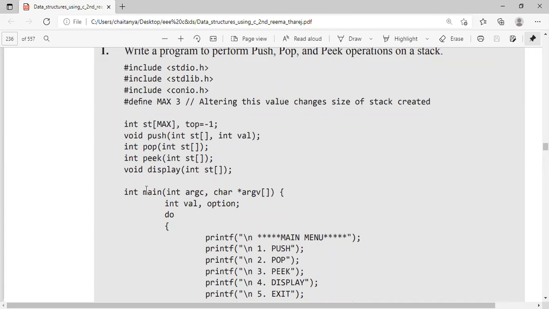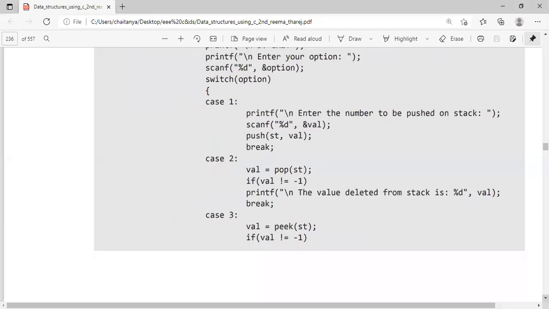It will represent the whole array. If I represent st of 0 in the argument of the function push, then only one element of the array will be passed. If I just write the name of the array, the whole array will be passed.